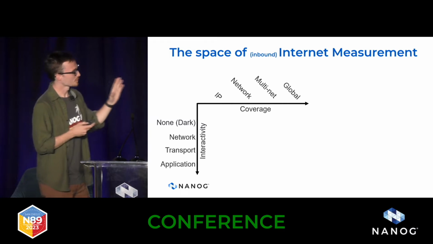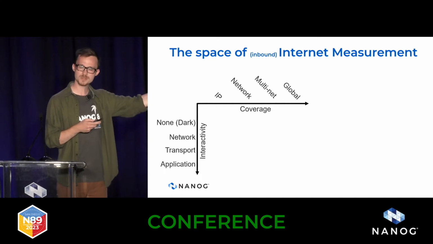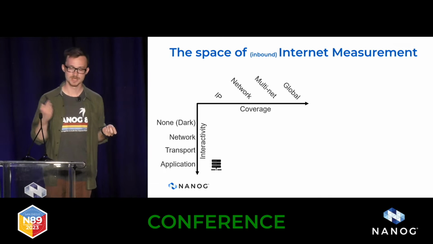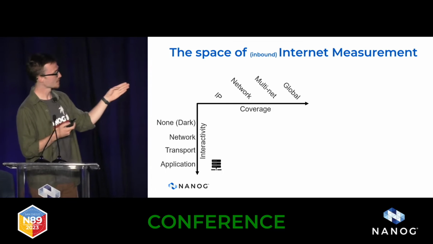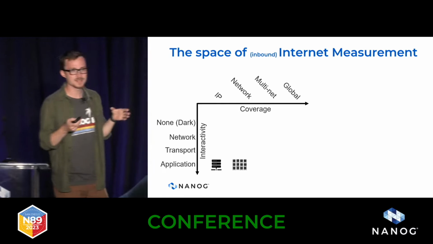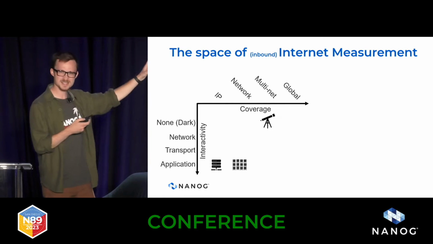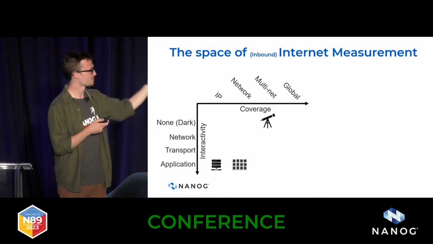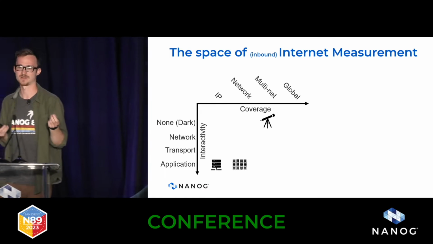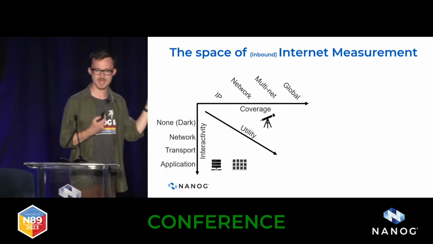Now, we can sort of look at the space of inbound application layer internet measurement in terms of the coverage, the footprint that we achieve, and the level of interactivity that we have with the adversary. So naturally, the honeypot exists right here. We have application layer interactivity and sort of coverage of a single IP address. The honeynet is a natural extension of this, same interactivity, multiple IPs. And these existing telescopes sort of sit right here. We have no or limited interactivity, but we have a large footprint, multiple networks or a large block of networks. Now these techniques have been incredibly useful for our understanding of adversarial behavior.